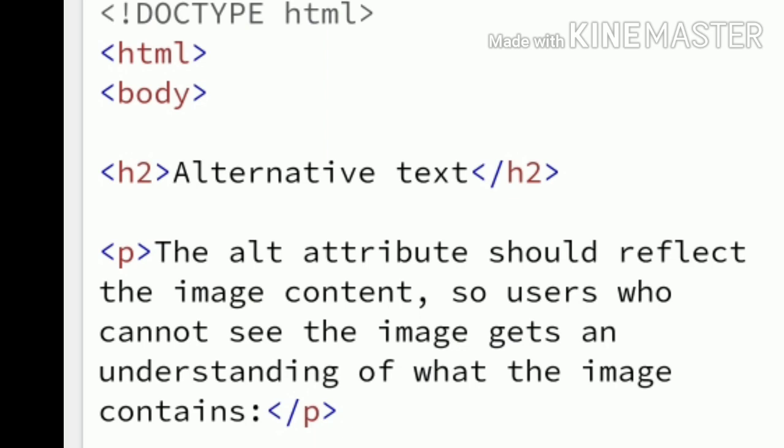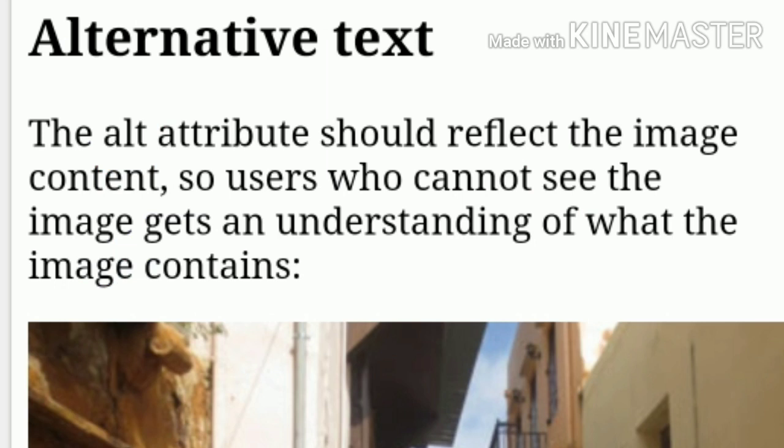Otherwise your visitors will get a broken link icon. The broken link icon is shown if the browser cannot find the image.